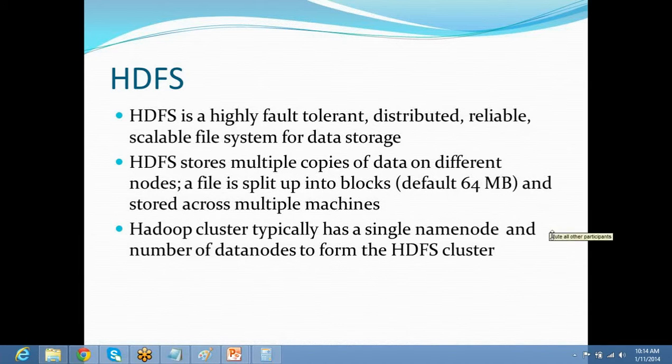There's one more question from Prince. Yes, Prince, please tell me. Prince, you are muted from your side. So Anish, you just discussed that by default the size of a block is 64 MB, right? Can we increase the size from 64 to something else as well? Surely, we can increase the size from 64. The minimum size is 64 MB, and you can make it 128 MB, 256 MB, 512 MB, 1 GB, and so on.